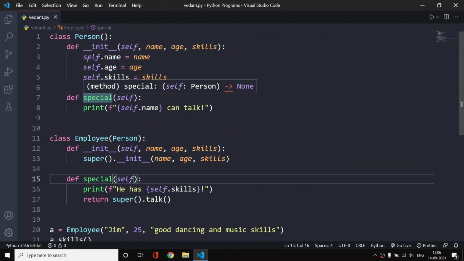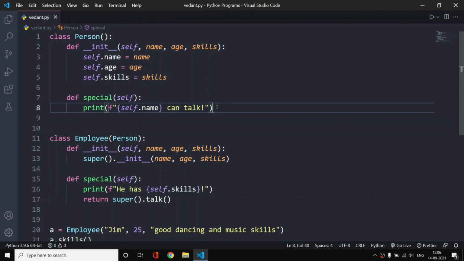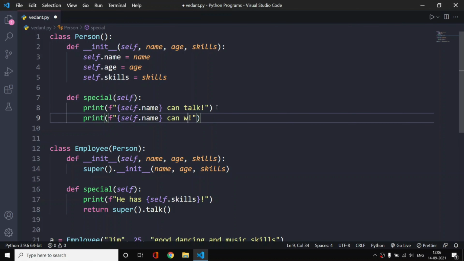So basically, if there is a person, a normal person, he can simply talk, he can walk, and he can do those things which a normal person can do.